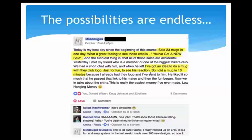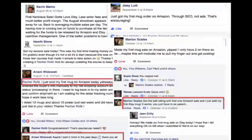Now, to kind of explain what the investment is, I think it's helpful for you to see what the bottom line numbers are, how much money you can expect to make per mug. So for a $14.95 white mug, I'm going to give you the most conservative numbers here. If you have an 11-ounce white mug,